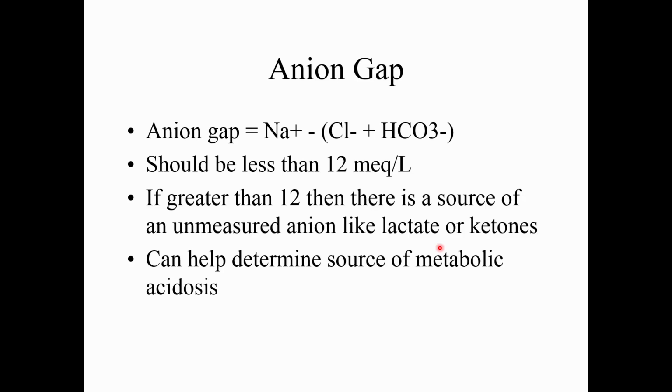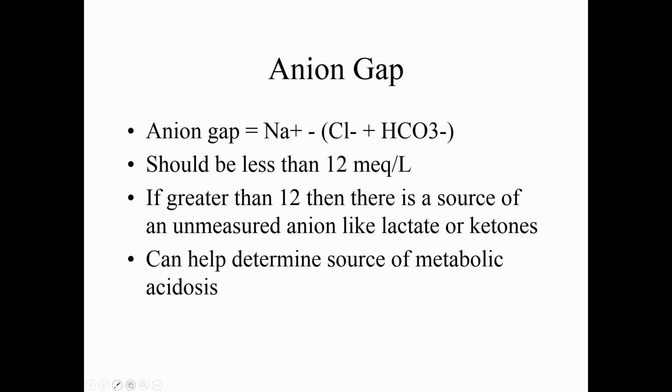If somebody has metabolic acidosis and their anion gap is not increased, or something's happened with their anion gap, they probably lost bicarbonate. They probably have diarrhea or something like that. But if somebody has metabolic acidosis and they have a really big anion gap, then there's some acid being added to the system. And what could those acids be? Well,